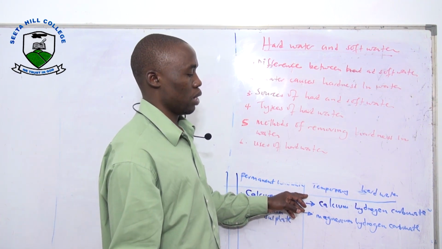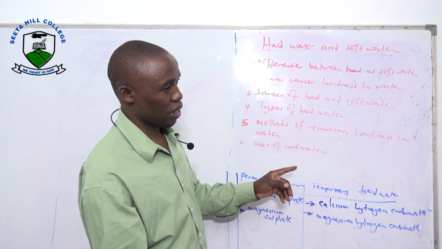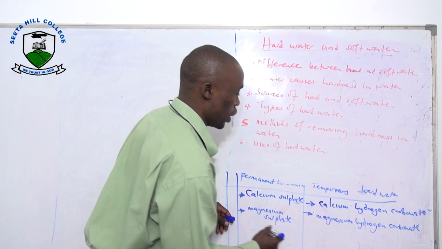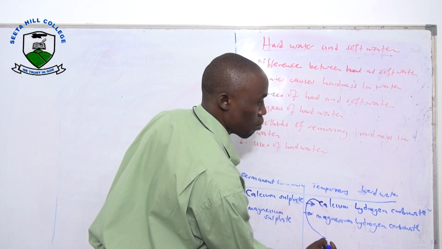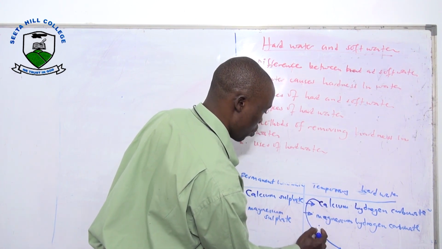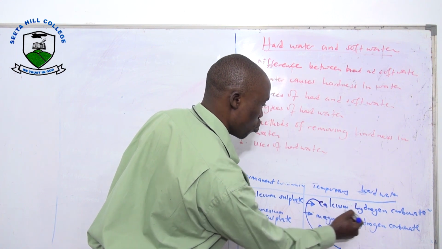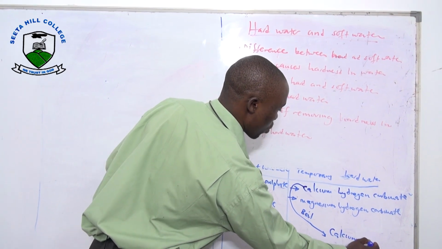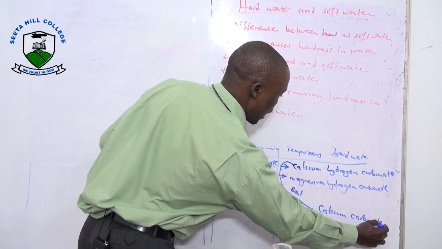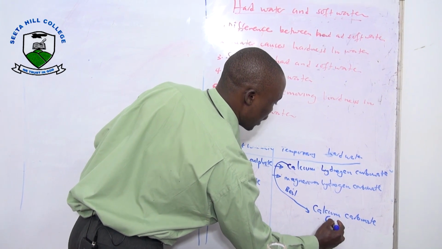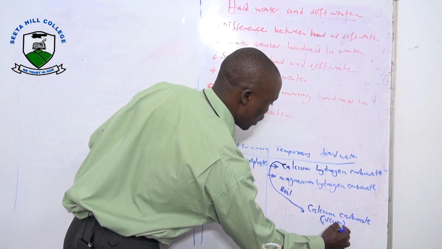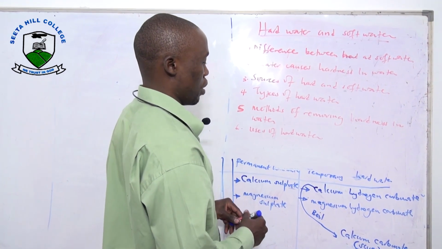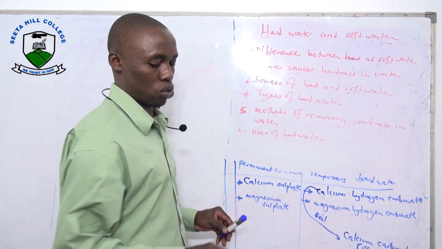This calcium hydrogen carbonate and calcium hydrogen sulfate, when you boil any of them, heat will break it, it changes to calcium carbonate. And this calcium carbonate, we are going to call it a special,